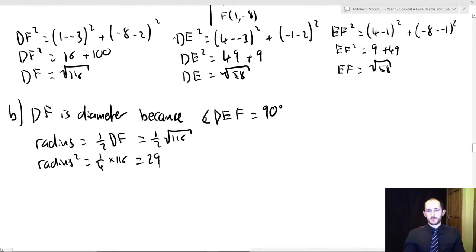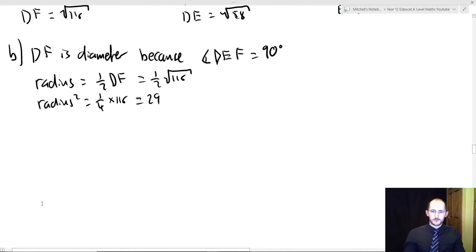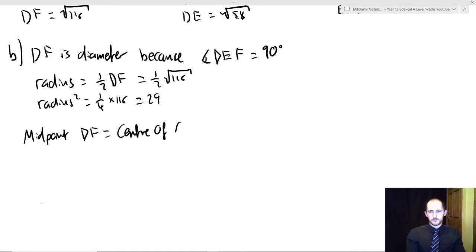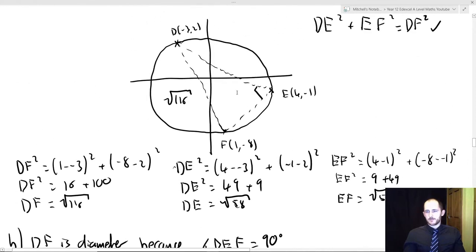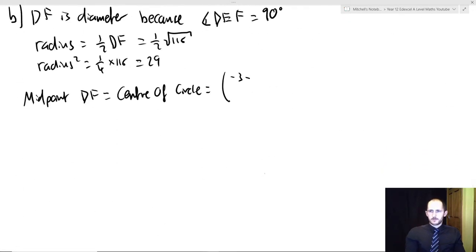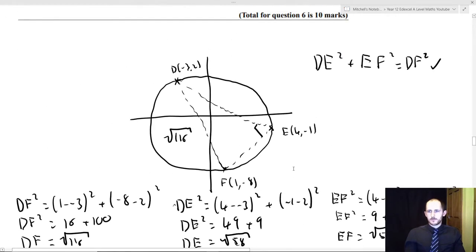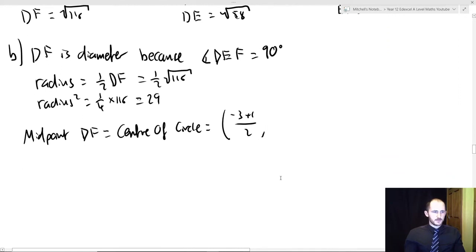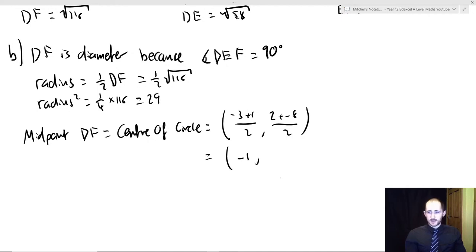And the center is just going to be the midpoint of this. So we add the coordinates together and divide by 2. 3 plus 1 over 2, that's 4 over 2. 2 plus minus 8 over 2. That's minus 2 over 2, which is minus 1. And 2 plus minus 8 is minus 6 over 2, which is minus 3. So the equation is